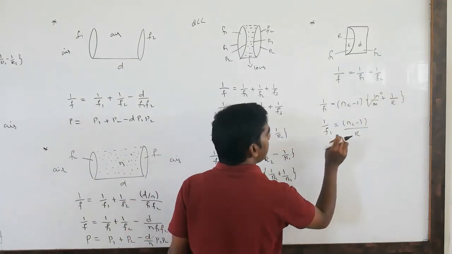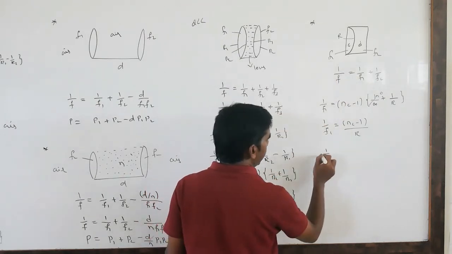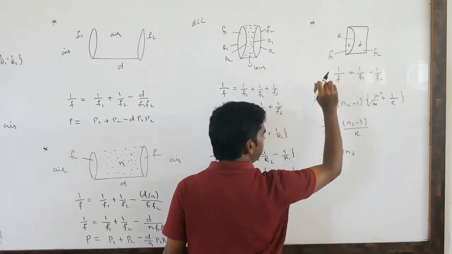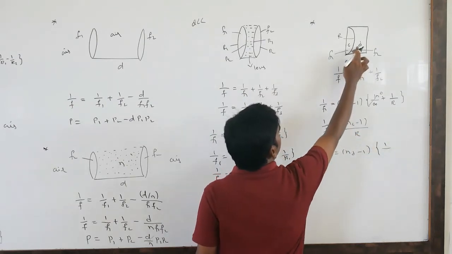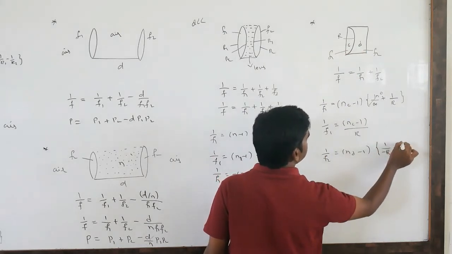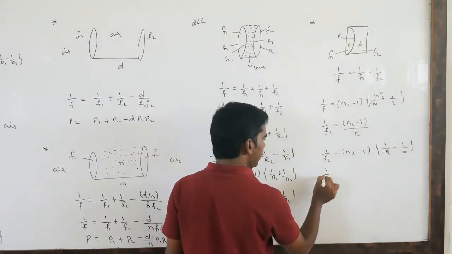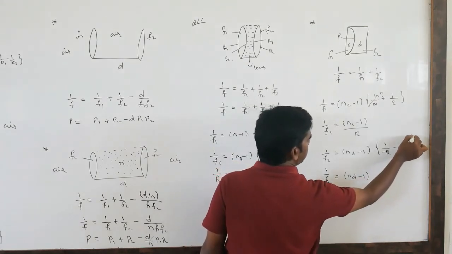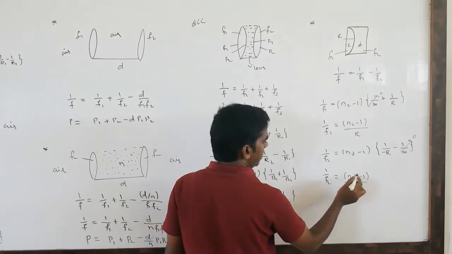So you have to take care, it should come positive only because it is a convex. So similarly 1 by F2 equals ND, meaning the diverging lens refractive index, minus 1 into 1 by R1. R1 is R, but it is going to be negative, so minus R, minus 1 divided by, it is plane, so again you will get it as infinite. So again here 1 by F2 equals ND minus 1, and this term is going to be 0. So what we get is minus R here. So this is coming as negative.